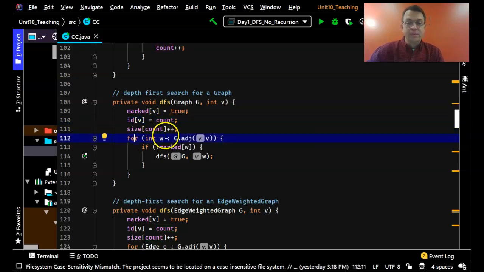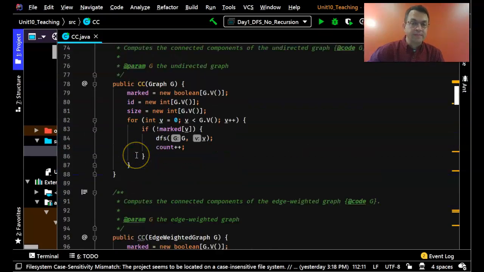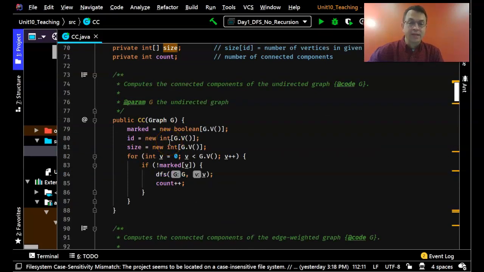And then we're going to do a standard depth first search from this node. So each node that we visit will basically get the same component number. So this will keep going to every node that we're connected to, and so they will all get the same component number. When this returns, when we can't reach any other connected nodes,